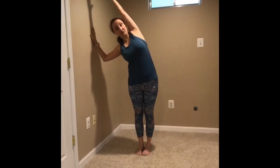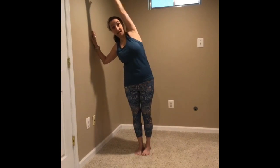Then I'm going to ask you to come and stand sideways. Place one hand on the wall. If you want to add a side body stretch here, go ahead and bring the opposite arm up and over. Not something our bodies do in general, so it's a great opportunity to stretch those muscles between your ribs. It feels really good. All right, you could stay here, but if you want to add some leg work, lifting